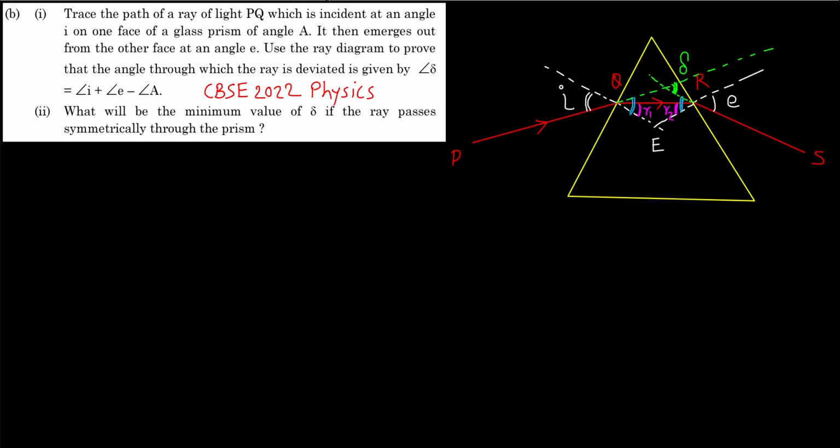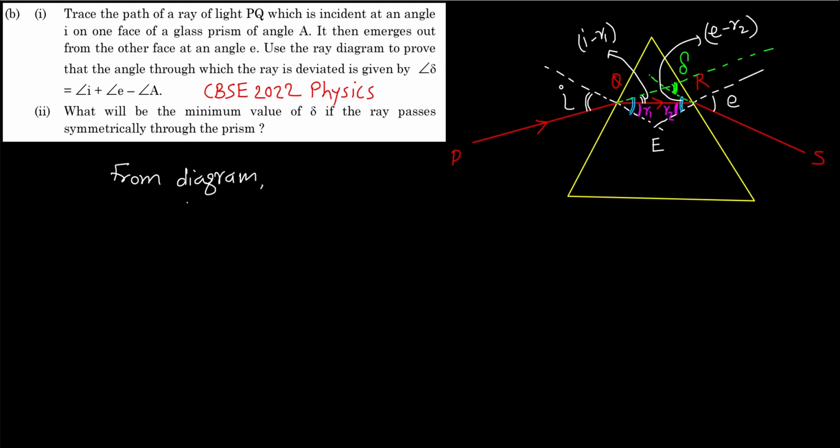Then what will be the remaining angle at points Q and R? So this total was I, vertically opposite to this I, and this is R1, so the remaining angle will be I minus R1, right? And similarly this total was small e, and this we have taken R2, so this remaining angle will be e minus R2. Okay, so now if you see this small triangle that is getting formed here, in this small triangle, this delta is the exterior angle. So what you can write from the diagram,